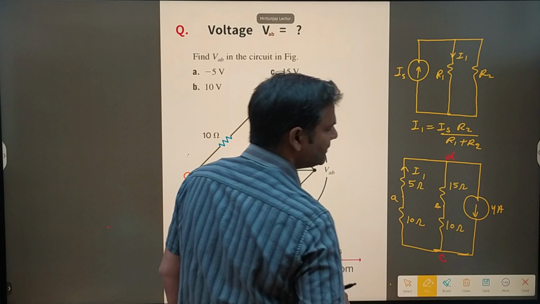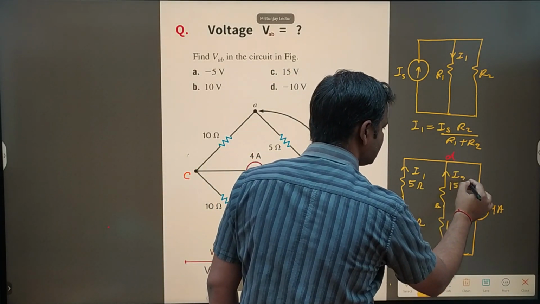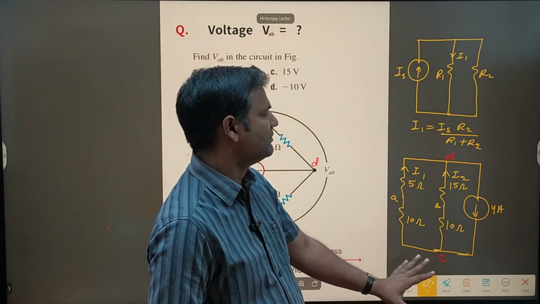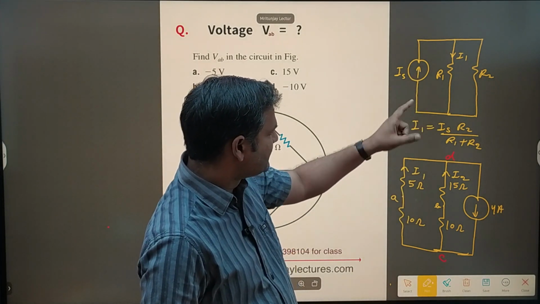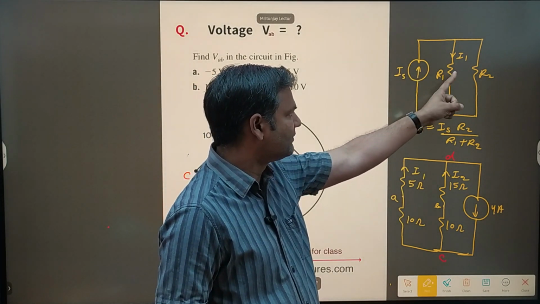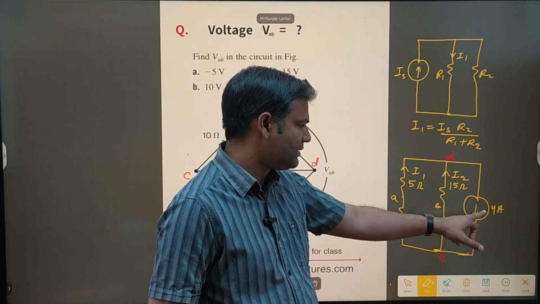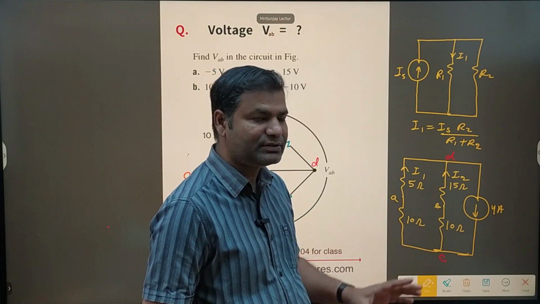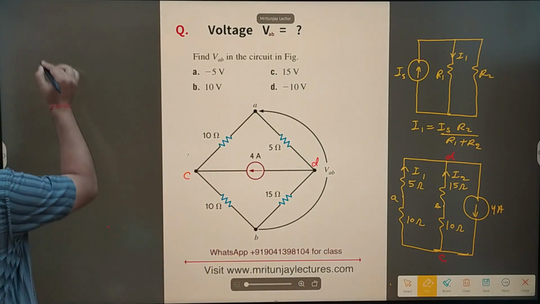So our motto is to determine I1, and here that is I2. First of all, determine I1 and I2 with the help of the current division rule. First check that one and that one are in opposite directions, so that one is positive. Now look here, that is 4 ampere, and I1 and I2 are both in opposite directions. So I1 is equal to